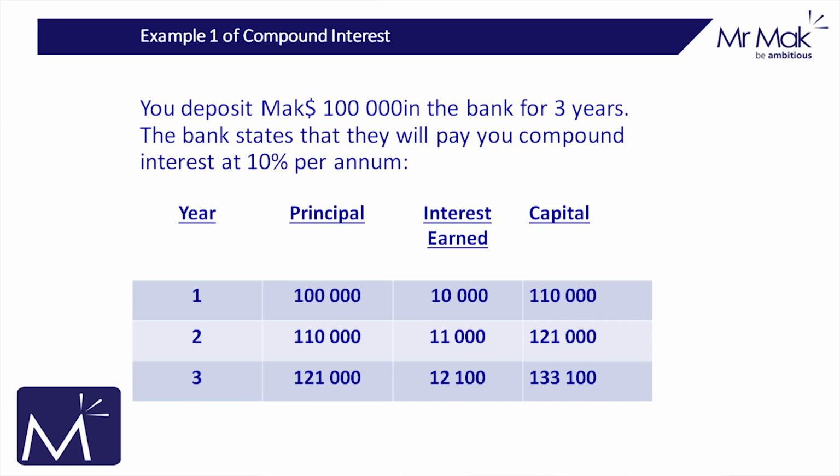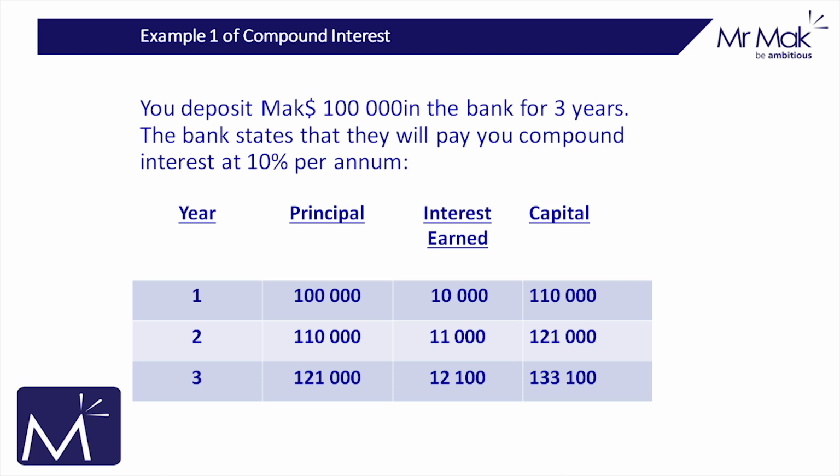Our first example: you deposit $100,000 in the bank for 3 years. The bank states that they will pay you compound interest at 10%. After the first year, the interest earned is $10,000, the capital is $110,000. That capital amount of $110,000 is treated as the opening principal in the second year. That means in the second year, the 10% interest will be calculated on